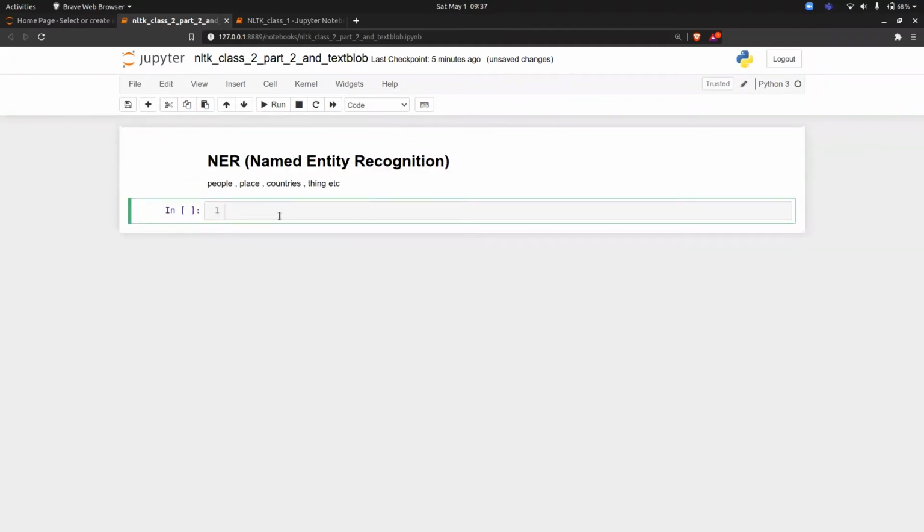So everyone, the first thing we have to do is import NLTK. Of course, that is the first step that everyone knows. The second thing we have to do is download the model. Here we have to download two models.